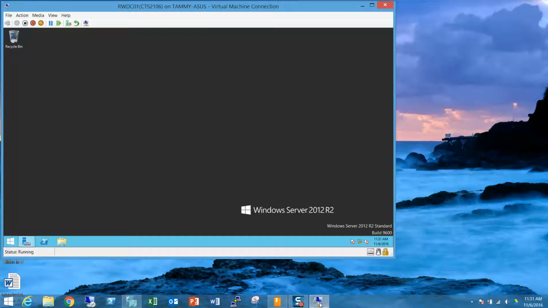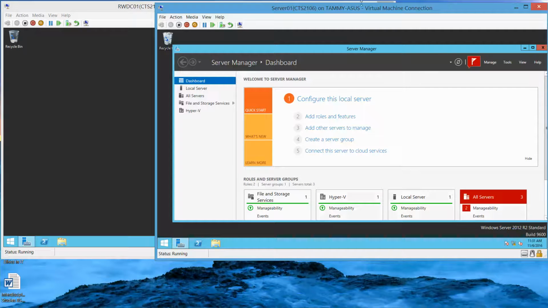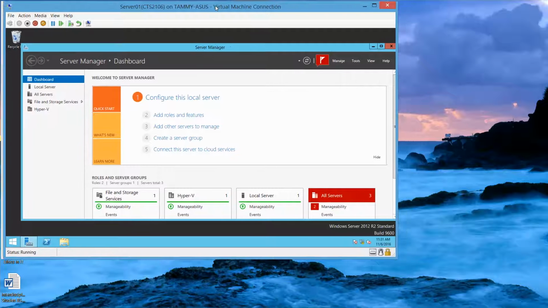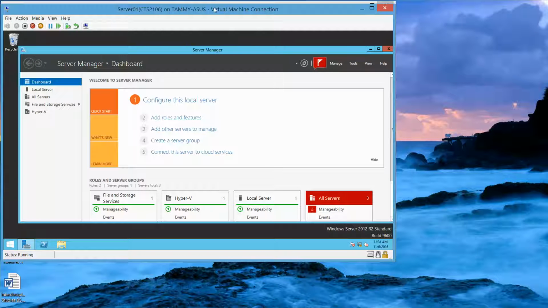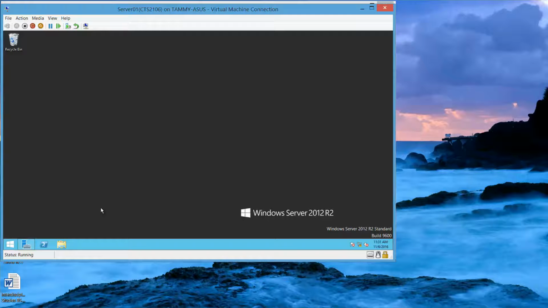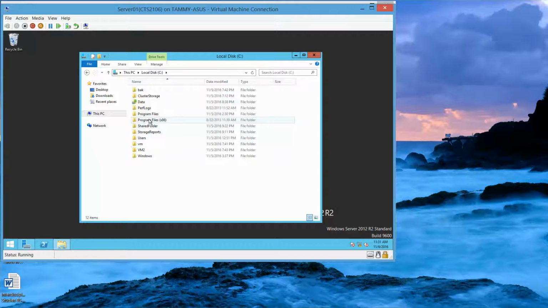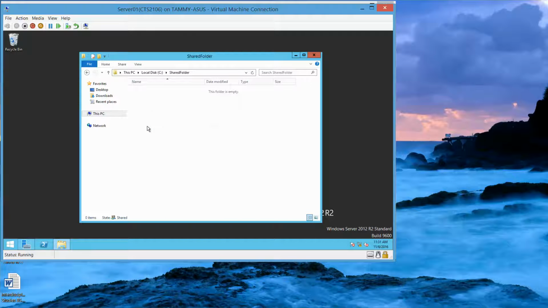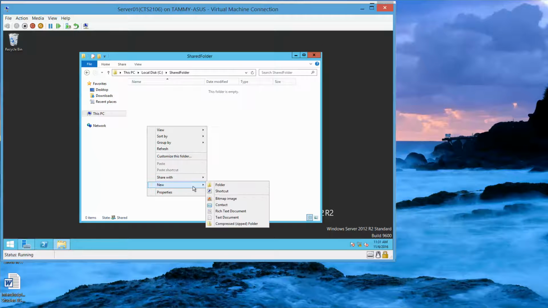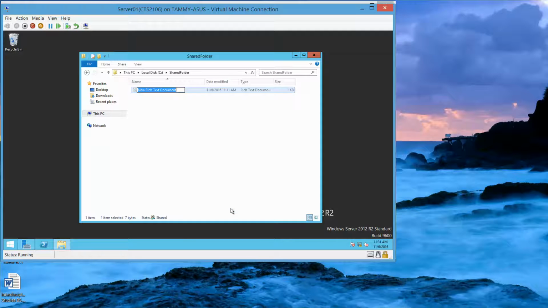Here's Server 1. And we want to open up File Explorer. I'm going to minimize this. We're going to go into File Explorer and then go to the shared folder. Double-click it, right-click, New, Rich Text Document. Here we're going to type in DOC1,